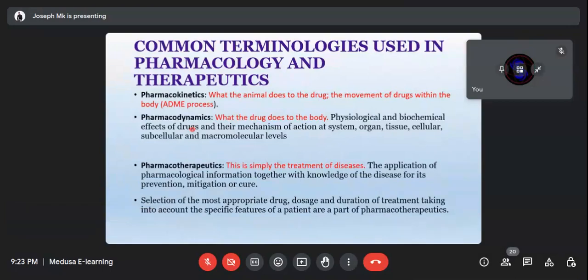Once you ingest that drug, what is it that is going to happen to your body? What will be the response of the body? This is where we are going to look at the physiological effects of the drug on your body. That is what we are going to focus on, like the side effects of a drug. If, for instance, you take paracetamol, what will be the side effects of that drug on your body? It's very important to know. By the way, whenever you are studying drugs, it's important for you to pay attention to the side effects.